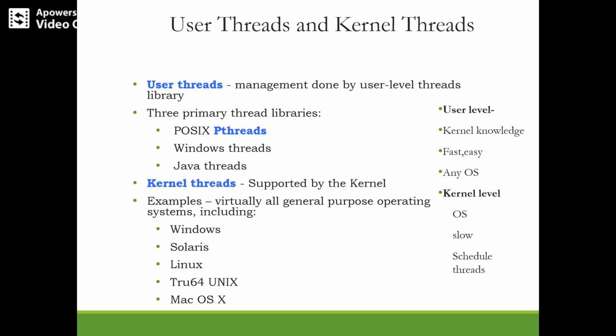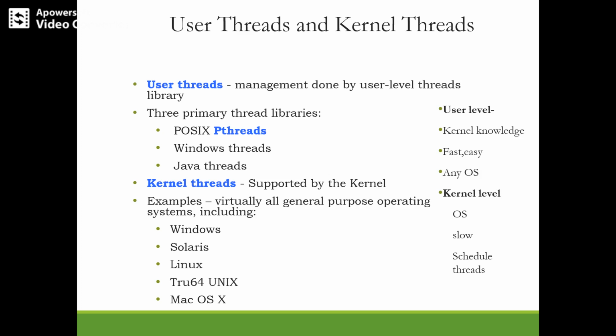Next, about kernel level threads, the thread management is entirely done by the kernel. So there is no thread management code in the application area, and kernel threads are directly supported by the operating system. Kernel maintains the context information for the process as a whole, and scheduling by the kernel is done on thread basis. So what the kernel does is it creates a thread, schedules a thread, and manages the thread in the kernel space, which is quite slower.